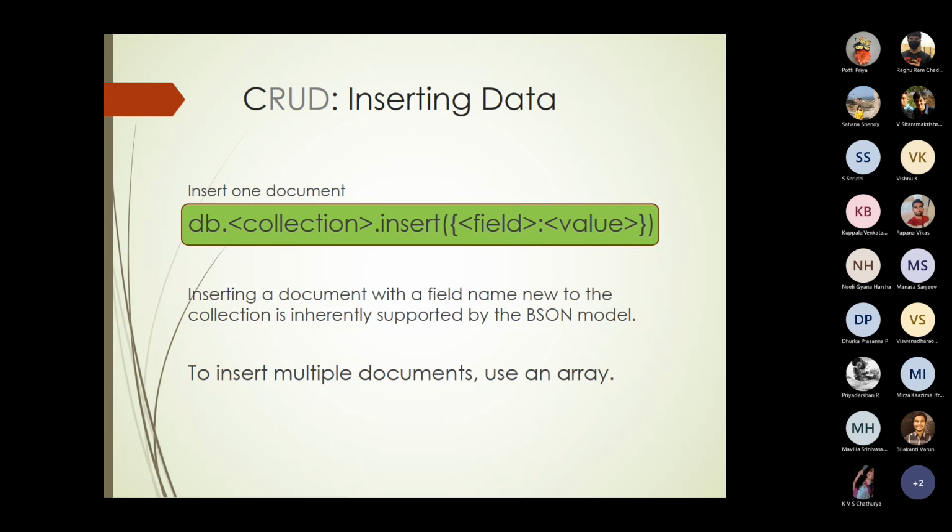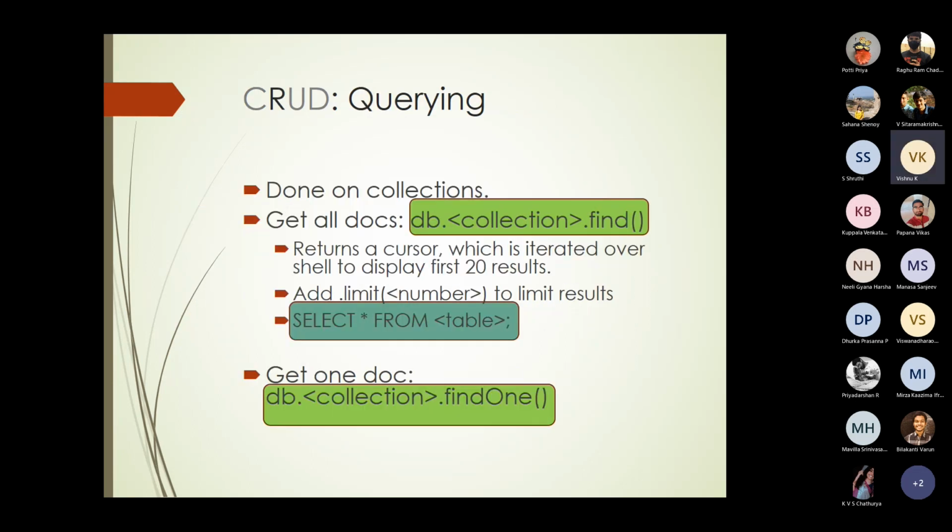That is why the flexibility of having documents with similar or a subset of key value pairs is also allowed in MongoDB, so that you need not know what document is existing. You can create a new document with an existing set of key value pairs or field value pairs.